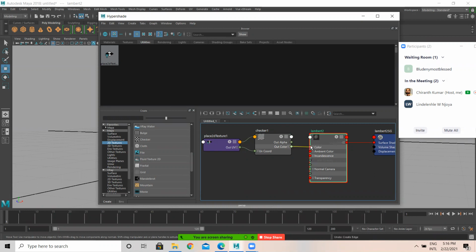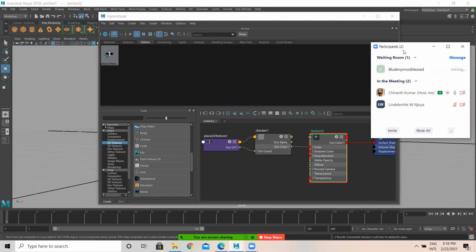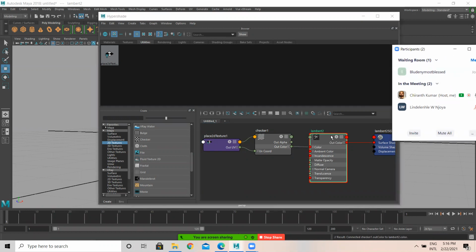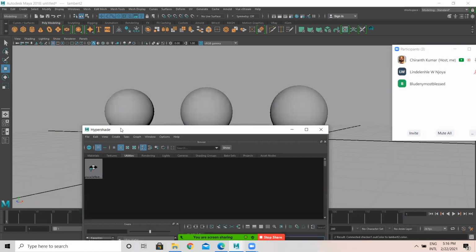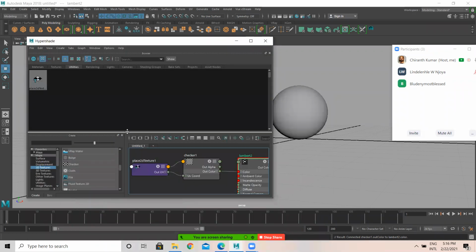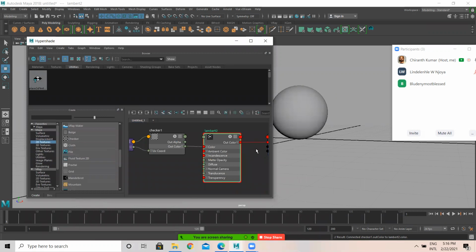Drag, drop. It's quite simple. So now for this Lambert, a texture has been applied already.